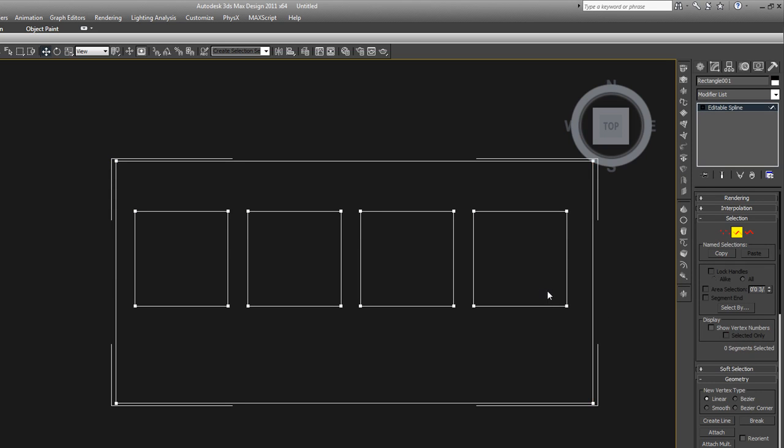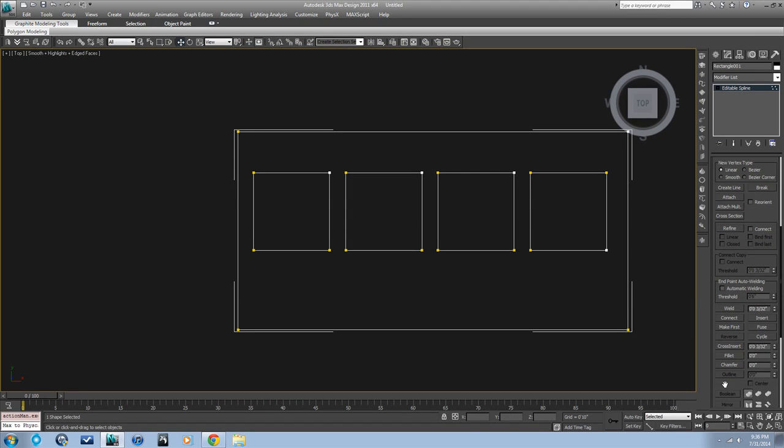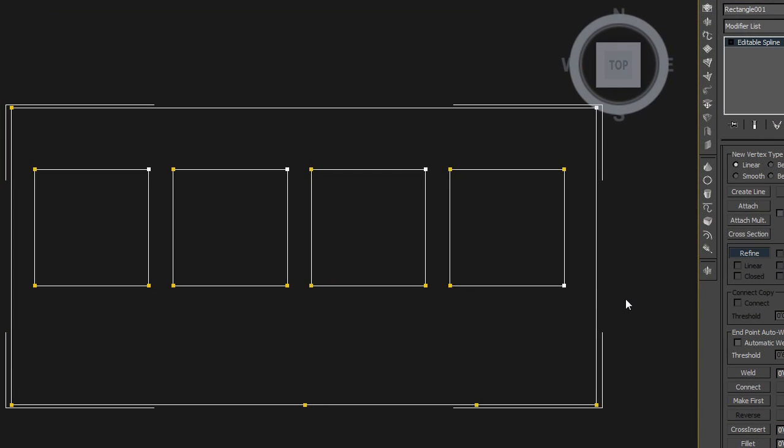Now say we had this chunk deleted for some reason. One tool that's useful, the hotkey for me is Shift-N. You could set it up as that too. But the command in here is connect. If you take two vertices, drag from one to the other, then it connects them. That's going to be an important tool moving forward. Let me show you some other tricks here. M is a hotkey for me. You can set it up that way as well, but the command that it does is refine, and that'll just add a new vertice wherever you click. So now if you want to move that,